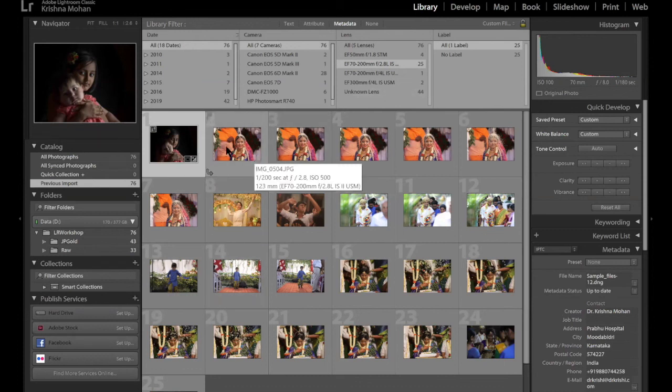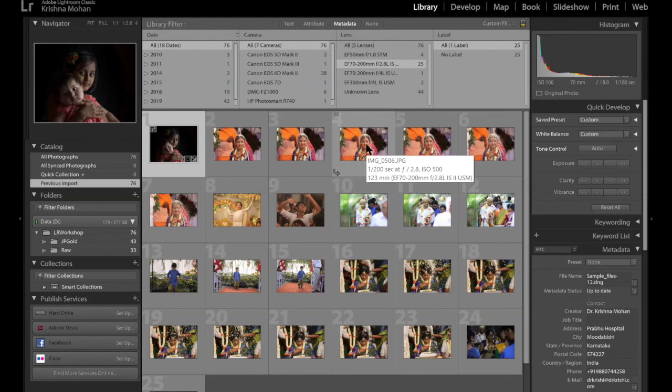Now, once you have chosen the photographs, you can rename them, you can convert them into collections, you can save them into different folders, and so on. That is where the indexing really comes in. So that's a brief preview of indexing. Probably in one of the basic workshops online, I'm going to cover how to do indexing and how to search for particular criteria in Lightroom. This is the most useful part of Lightroom, which a lot of people ignore. They only jump into the develop module. Develop module, I have covered most of it today. So I think we'll stop here, and we can do that in a separate session.